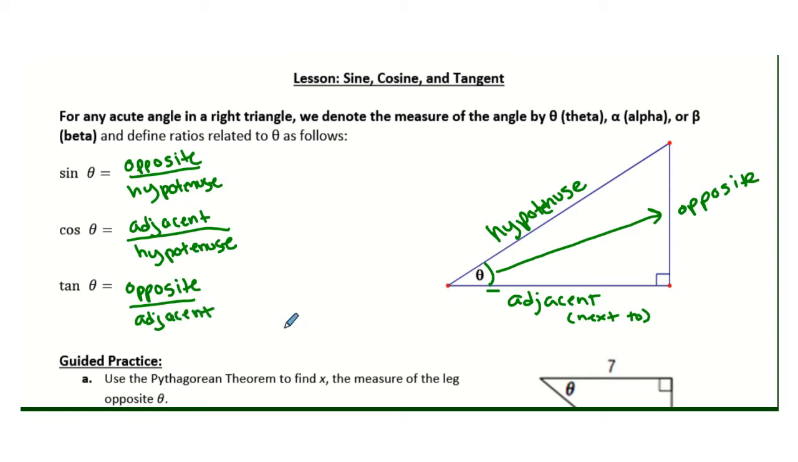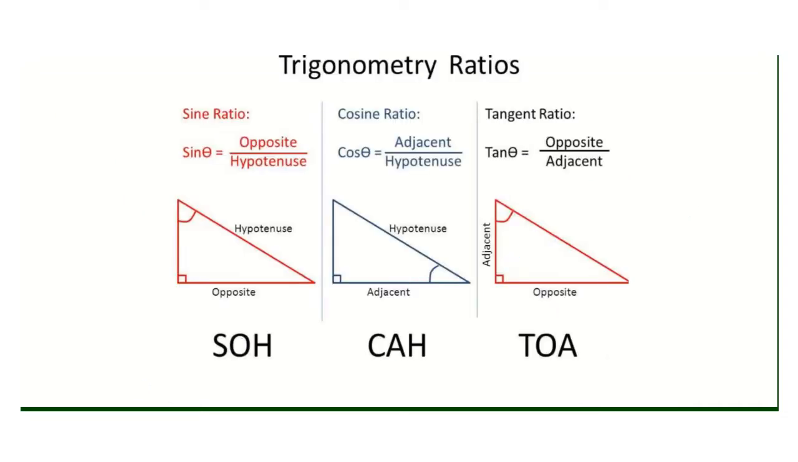In math, there's a saying to help you remember these ratios. Sine is opposite over hypotenuse, cosine is adjacent over hypotenuse, and tangent is opposite over adjacent. So to remember this, we say something called SOHCAHTOA. And all it stands for is sine is opposite over hypotenuse, cosine is adjacent over the hypotenuse, and tangent is opposite over adjacent. If you look at the last page of your notes, you'll see this graphic organizer, and this can help you